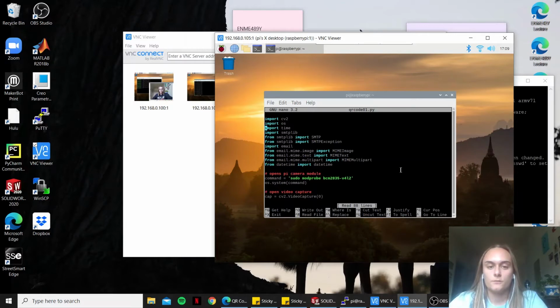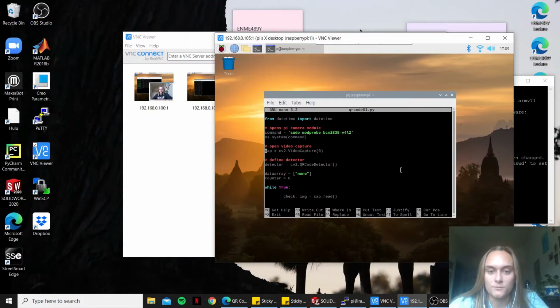So looking into the code first, we are importing a bunch of packages, and most of these are for sending the email to the user. So first we're going to open the Pi camera module using this command, and then we're going to capture the video of what's happening in front of the Pi camera. So we're next going to define the detector,